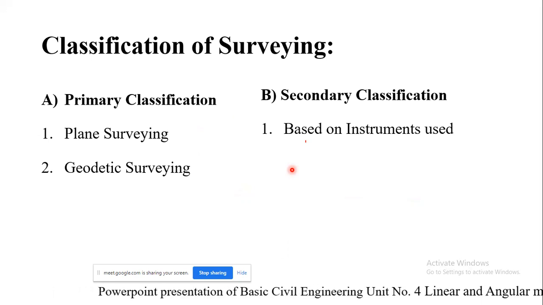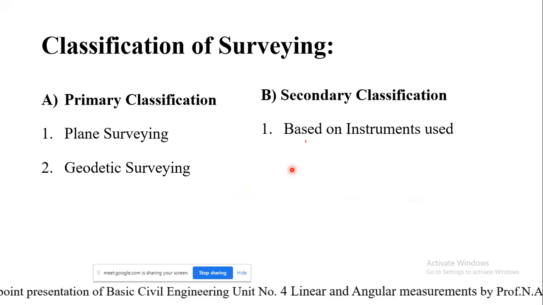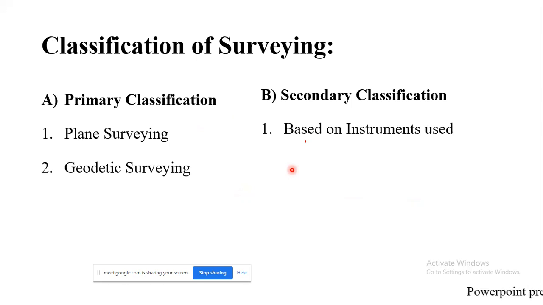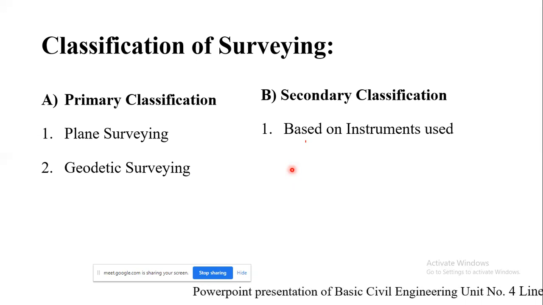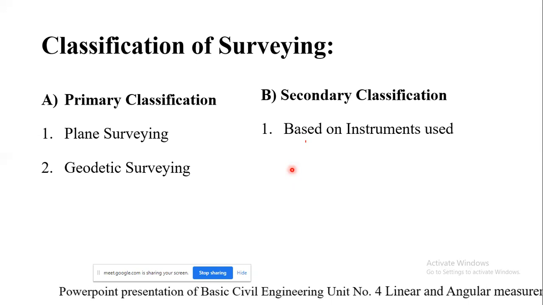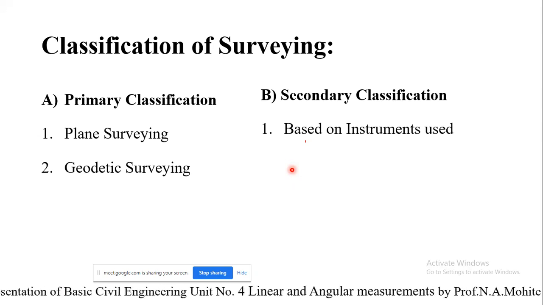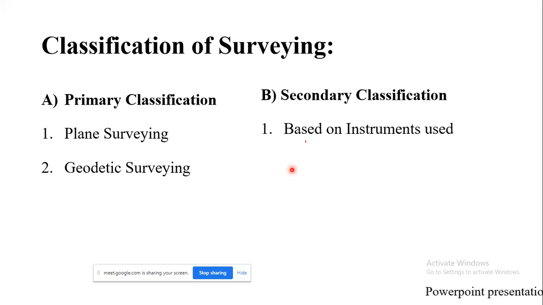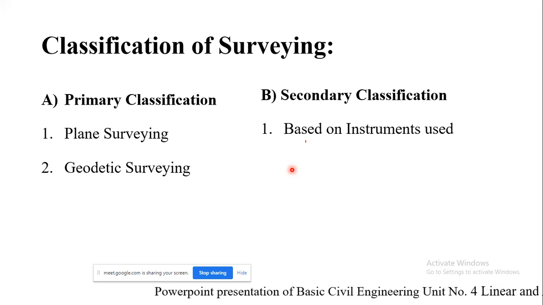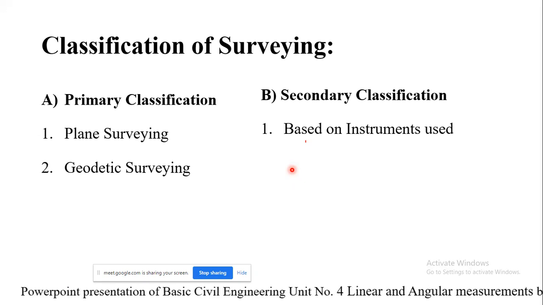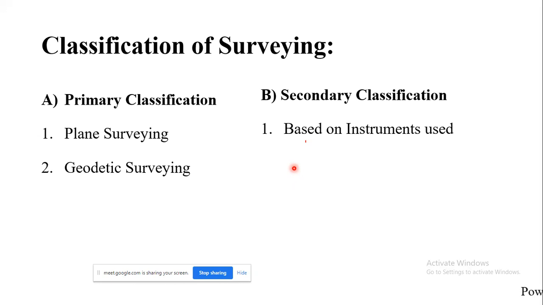There is also the plane table, over which the drawing sheet is mounted, and directly on the sheet, whatever the features of the ground are, they are located over the drawing sheet. That is nothing but plane table surveying. Next, theodolite. If you make use of the theodolite, that will be theodolite surveying. Then tachometric surveying and likewise photogrammetric surveying. So that deals with classification based on instruments.